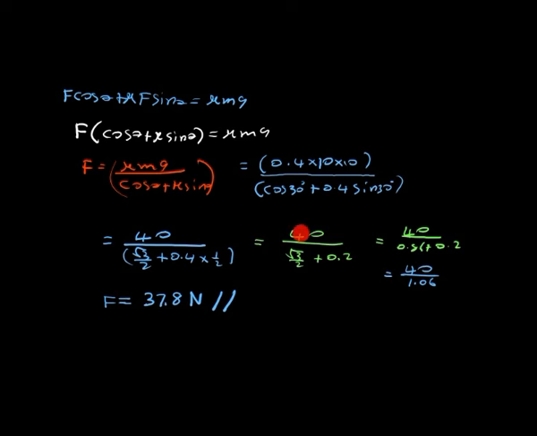Then finally 40 over 0.86 plus 0.2, where 0.86 is approximate, because the square root of 3 is something like 1.73. So plus 0.2 gives 40 over 1.06, and the maximum possible force that you can apply without the block sliding is